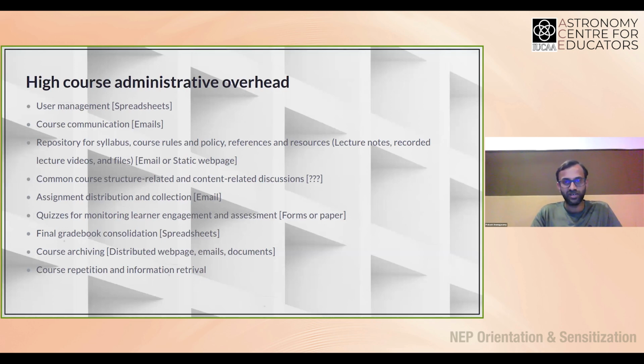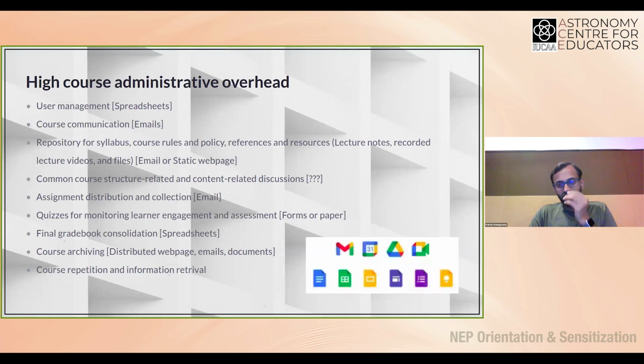It may just be in the classroom and nowhere else. But of course, you can have some sort of social messaging media to do that. Assignment distribution, again, email; gradebook consolidation happens in spreadsheets. Quizzes can happen in forms or on paper if it's an offline course. Then archiving, again, is distributed in web pages, drives, or probably just on the computer.